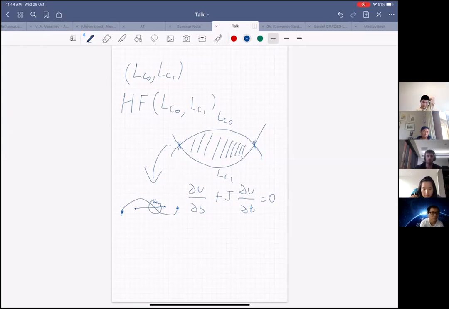So that means you can calculate some numbers in Floer homology just by counting. Yes, that's the point, instead of going into the